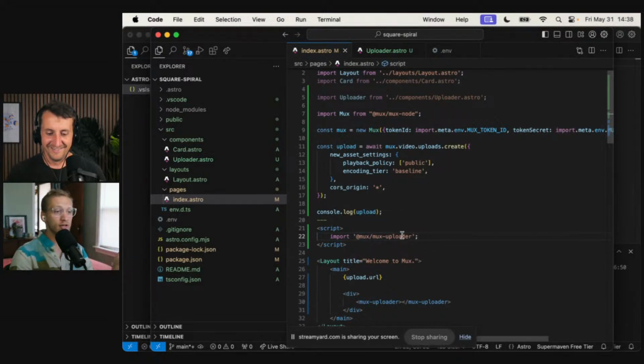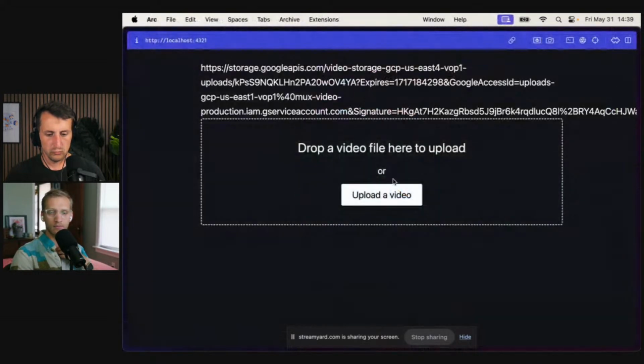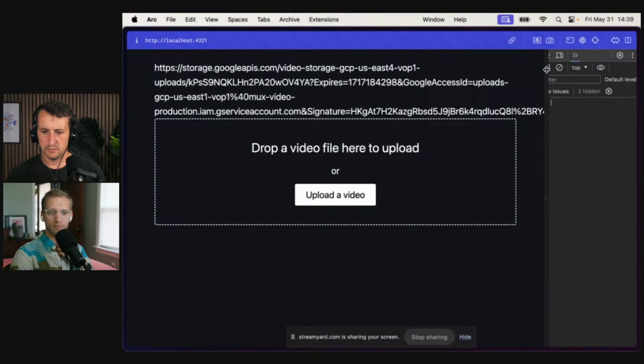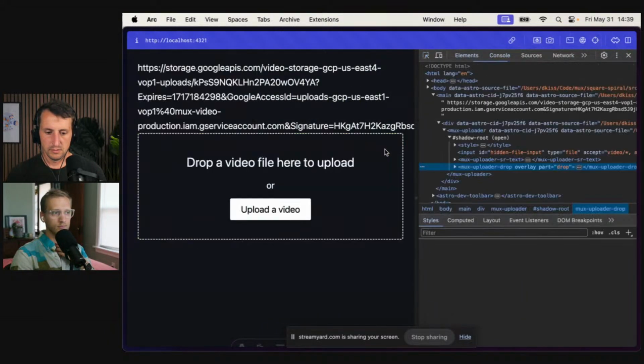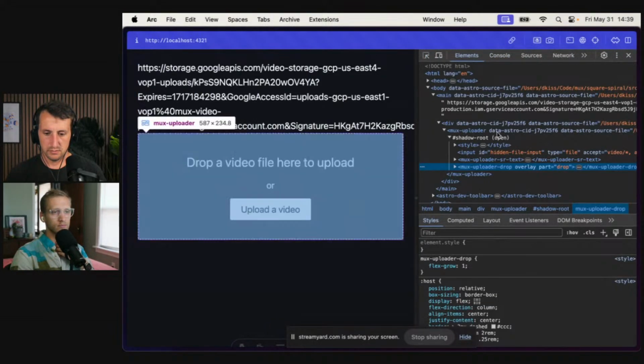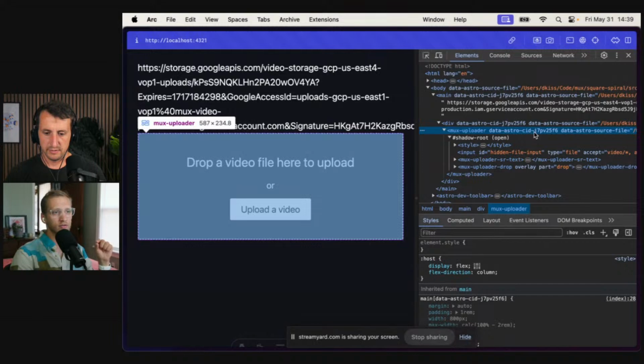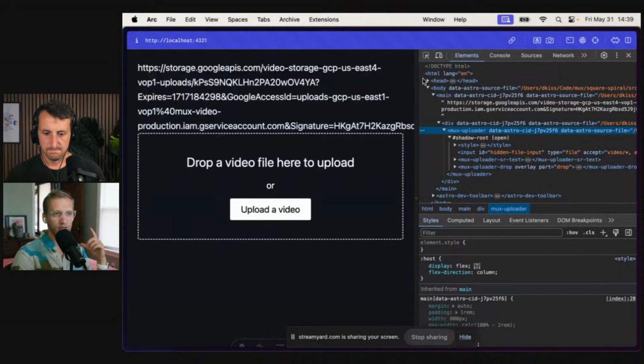We could actually check the HTML and see what happened. All right. Pop this open here. Mux Uploader. And then is there a script tag anywhere in the body? I don't see it.